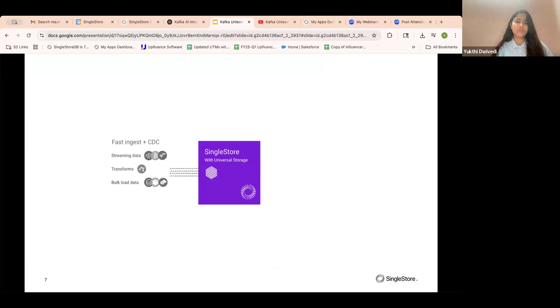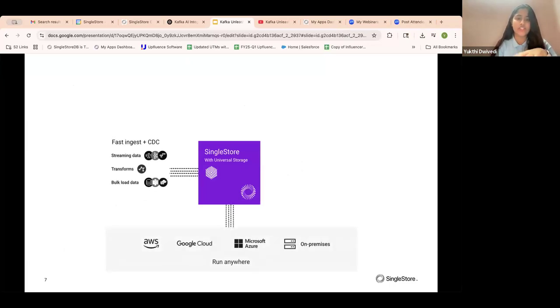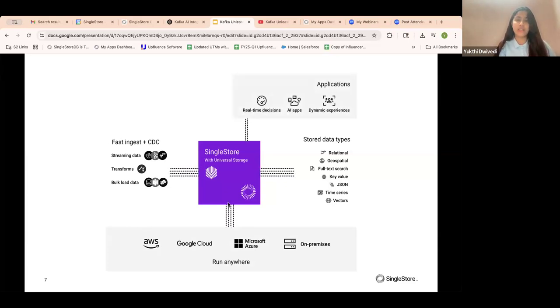This is a visualization of how SingleStore works and what kind of cloud providers it connects to. The stored data types are relational, geospatial, full text search, key value, JSON, time series, and vectors. All of that is covered, and there are a lot of applications.